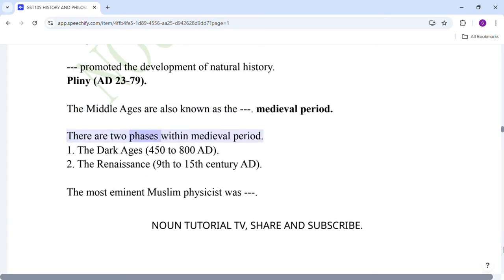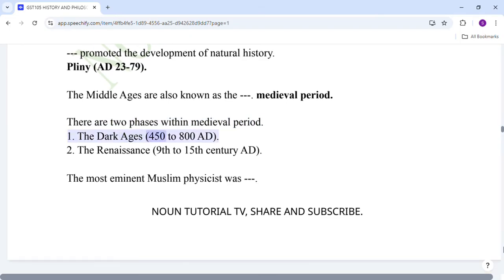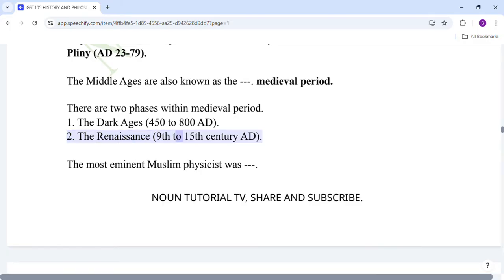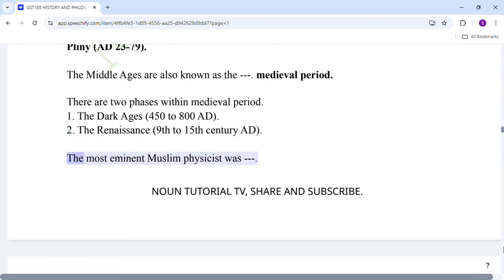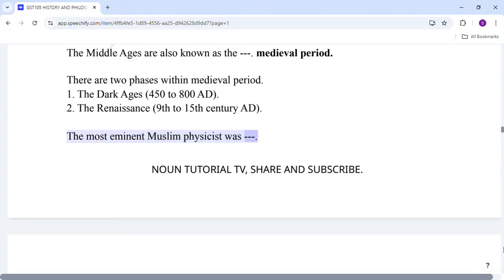There are two phases within the medieval period. 1. The Dark Ages, 450 to 800 AD. 2. The Renaissance, 9th to 15th century AD. The most eminent Muslim physicist was